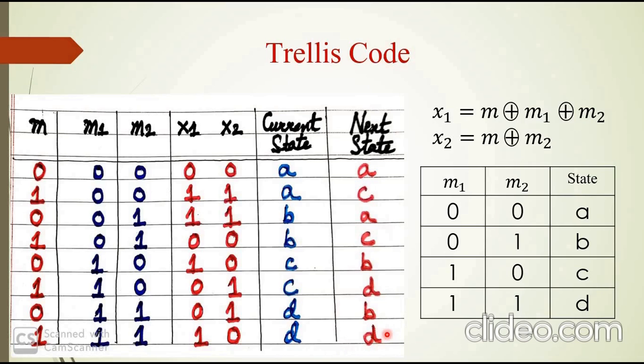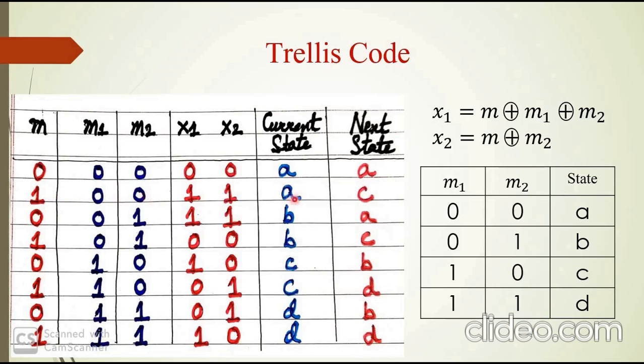Okay. Let's review this. So at first M1 M2 is 0 0. It means current state is A and the current input bit is 0, which is M. So the next state will be 0 0, M and M1 will be the next state 0 0. So the next state will be A. Current state is 0 0 and now you insert the input bit 1.